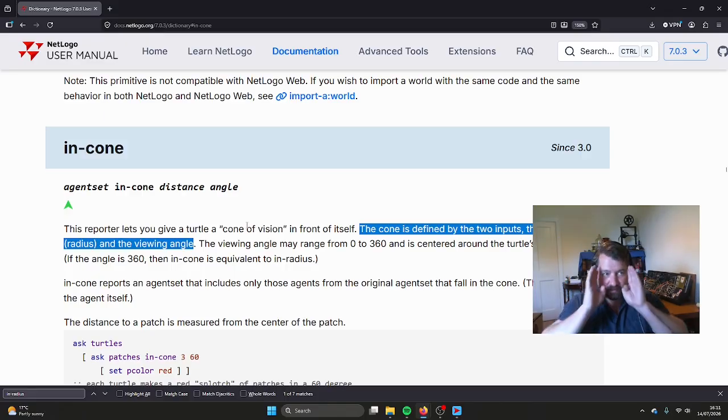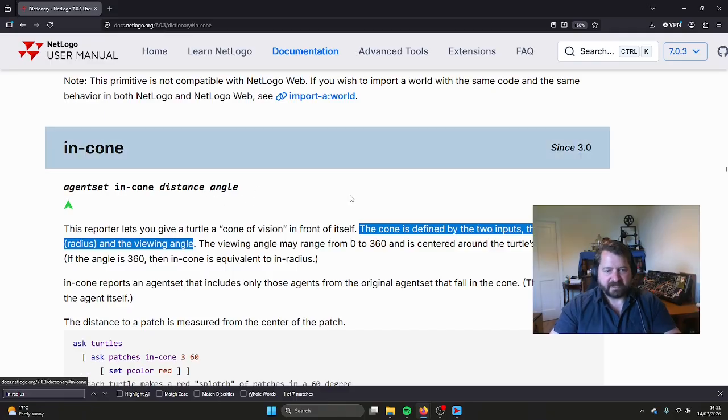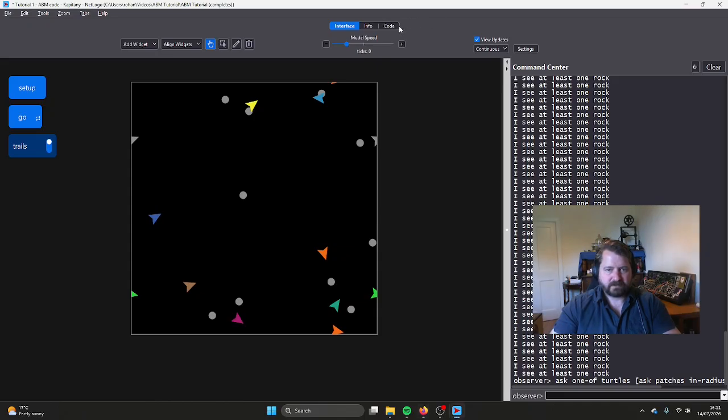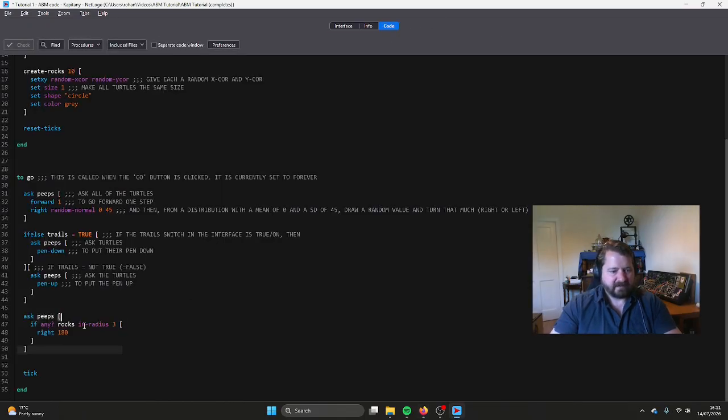We don't want that. We just want them to see kind of what's in front of them. So we might have an angle of 45. So instead of if any rocks in radius 3, we're going to change that to in cone 3, and let's say a 45-degree angle. Quite a narrow